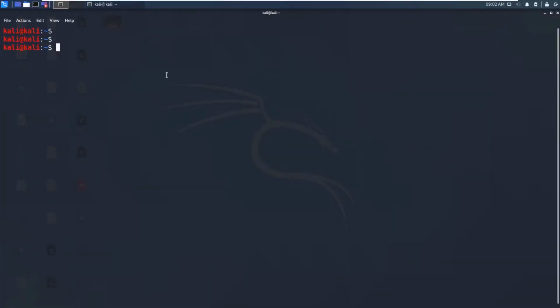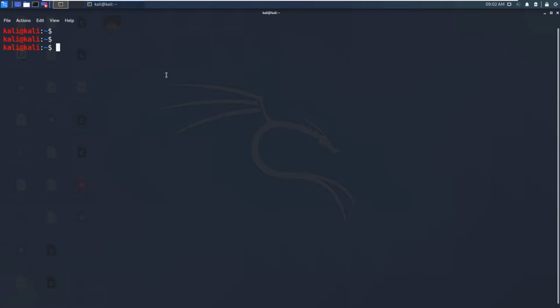Alright, before using Metasploit, we need to set up the database. This database can store all the output we use in Metasploit, like scanning, enumeration, exploiting, and post exploitation. All those details can be stored in this database, and we can export them into the format which we like. So in order to use this database, we need to set it up.